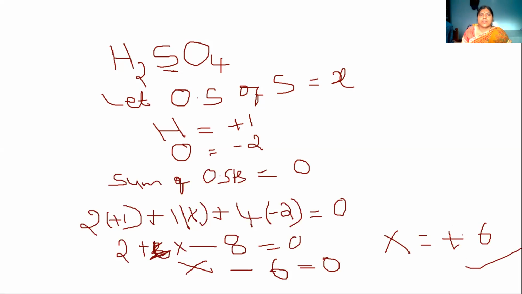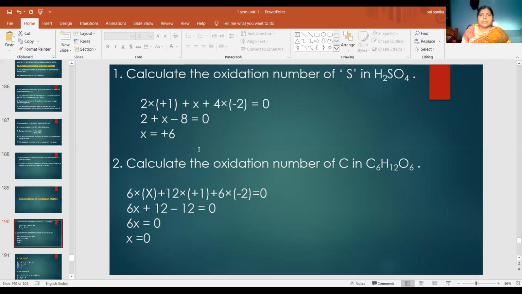Okay, like this. So here 2 into +1 plus x plus 4 into -2 equal to 0. So 2 plus x minus 8 equal to 0. So x is equal to +6. Okay, this is the oxidation state of sulfur in H2SO4. Similarly, for all the atoms, calculate the oxidation number of carbon in